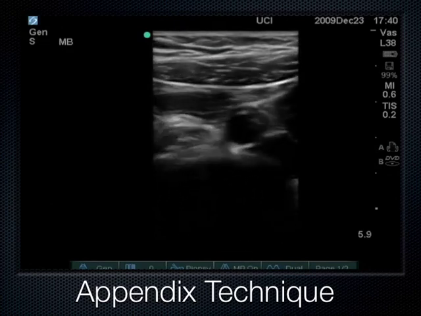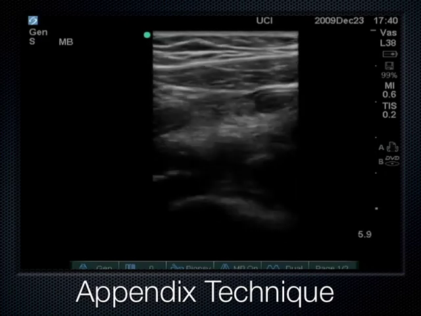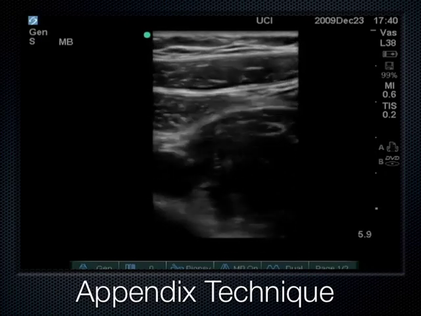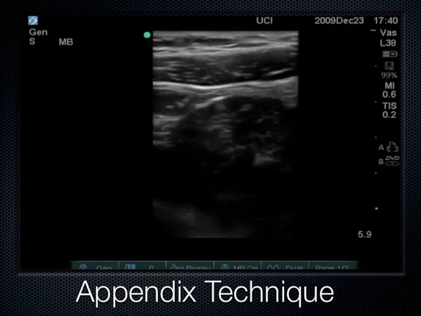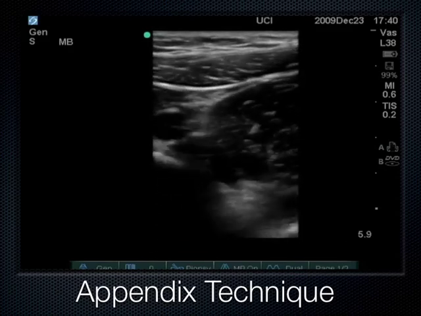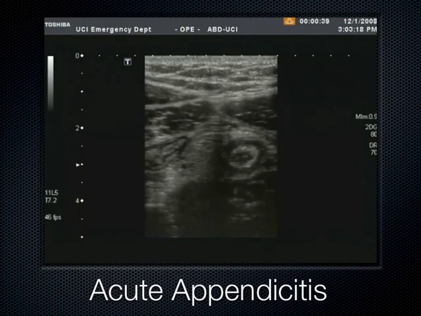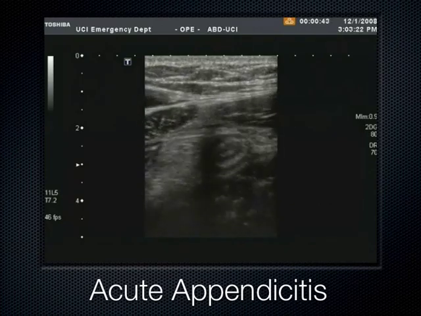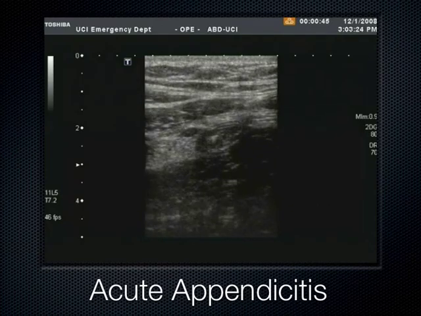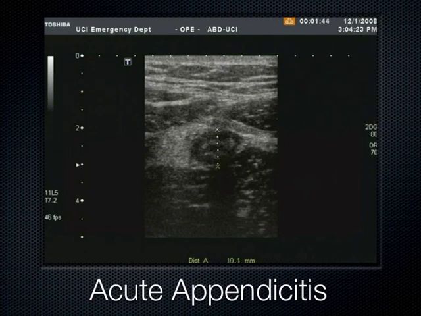And there's loops of bowel that gets sandwiched between this psoas, which is a very long muscle. The psoas sandwiches the bowel. Now, if the bowel is normal, it just compresses, squirts out of the way like it is here. But if the bowel is abnormal, if it's acute appendicitis, then you get this round structure here that's more than 6 millimeters that lacks peristalsis, that when you compress psoas all the way up to abdominal wall